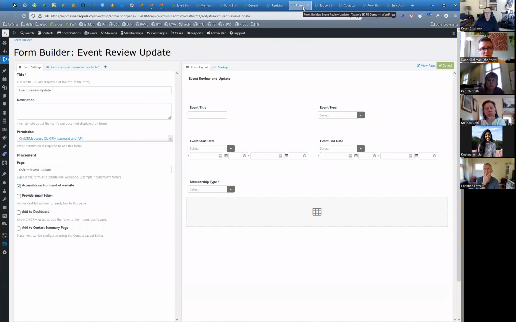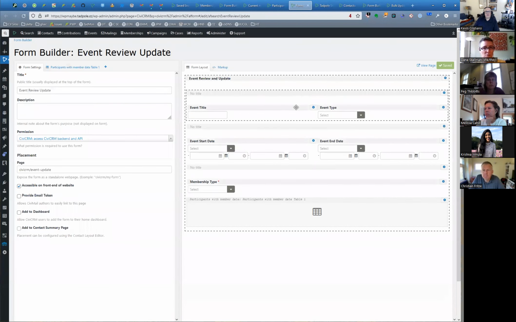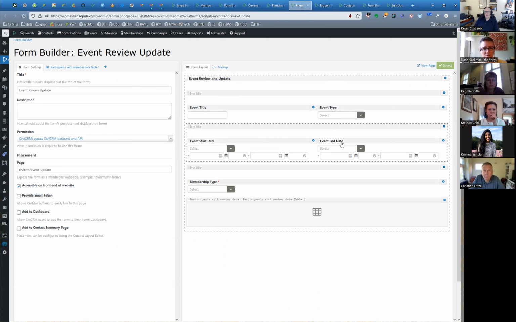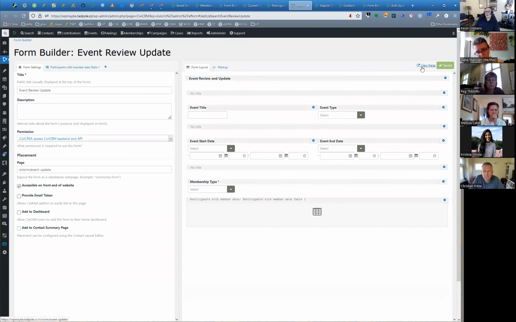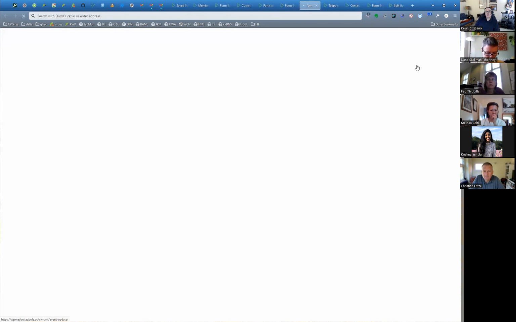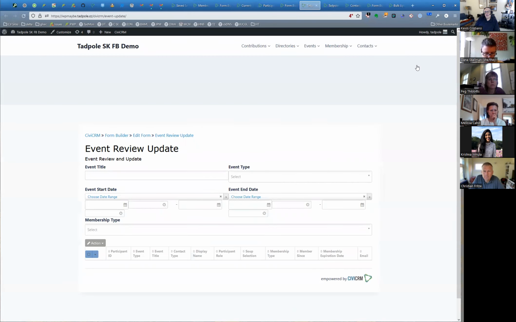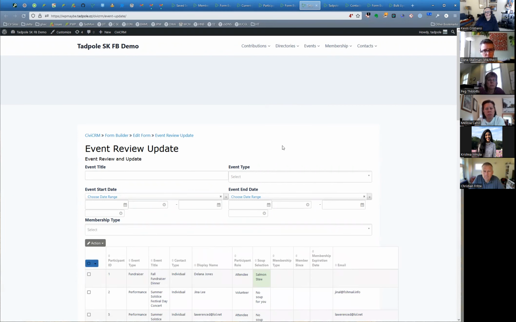We then go back into the form builder. Sorry about that. Okay, the form builder, and I'm basically saying, let's be able to search by event title, event type, start and end date, and membership type. I've also said that this one is accessible on the front end of the website, so that when this is viewed, the difference is that rather than being on the admin side, we're now on the front end of the